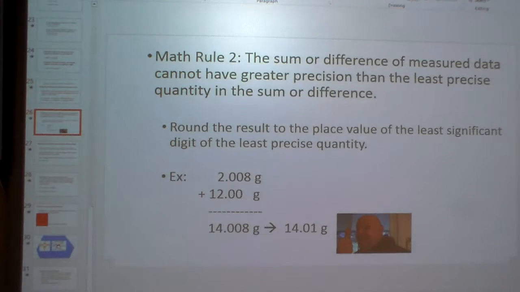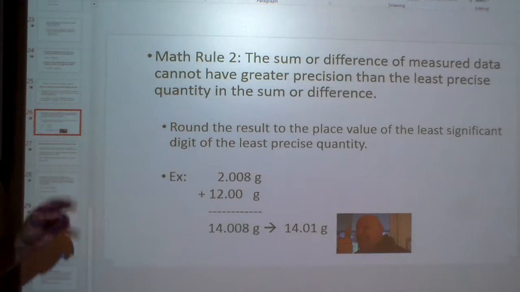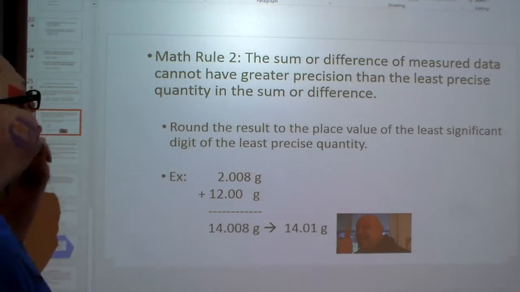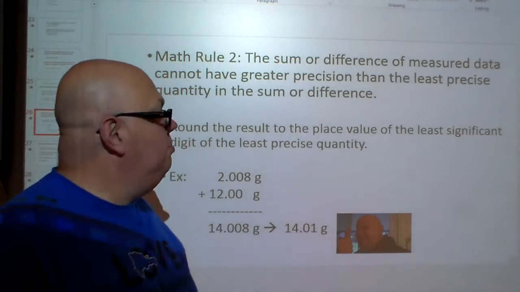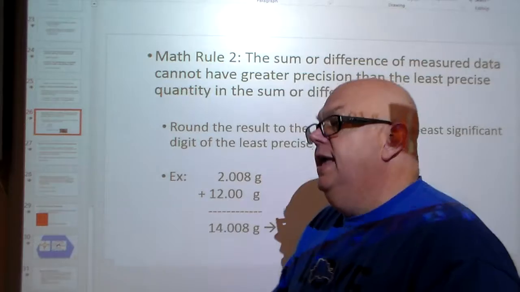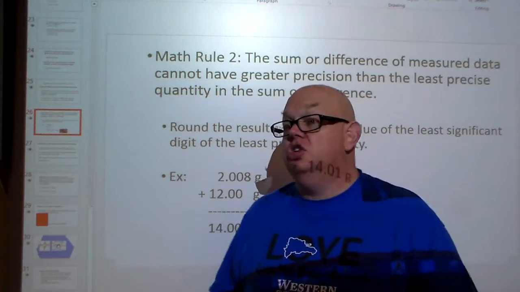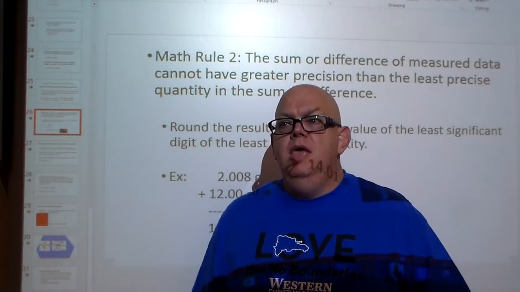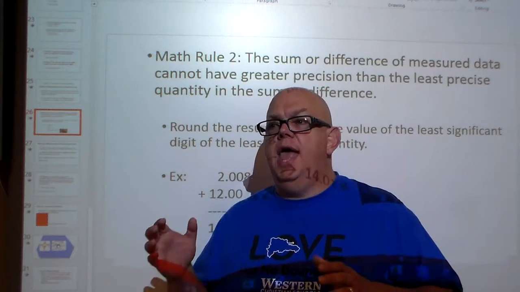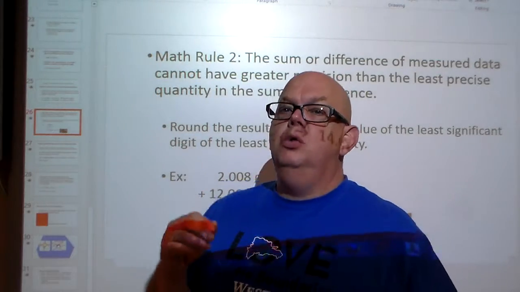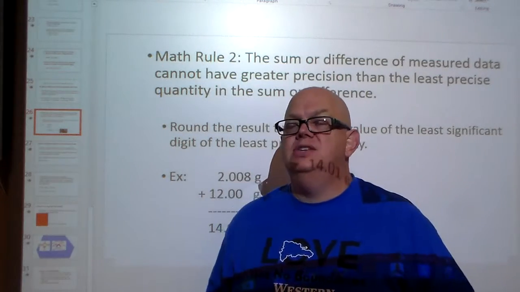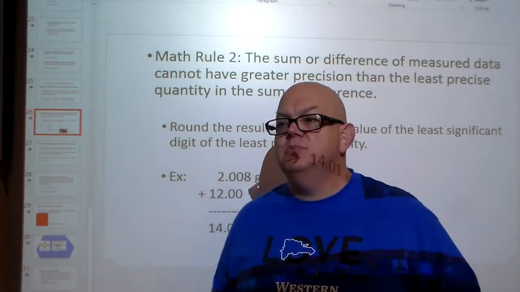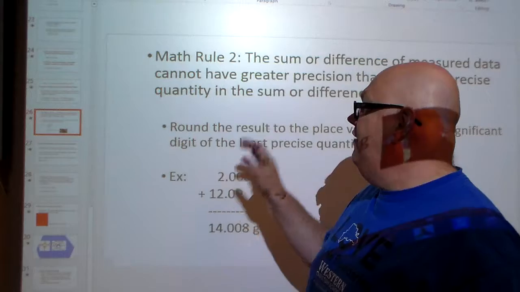Okay, so the second rule of math: the sum or difference of measured data cannot have greater precision than the least precise quantity in the sum or difference. In other words, when we talk about precision, we're talking about how many decimal places we're looking at. If I have two instruments, one only goes to 1 decimal place, the other goes to 5 decimal places, then when I do the adding and subtracting, I have to go with